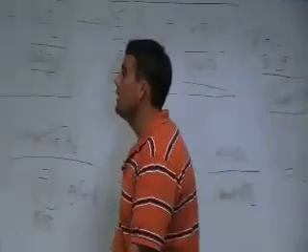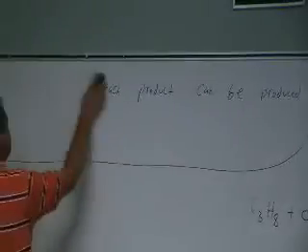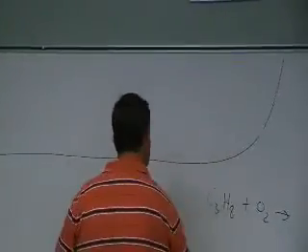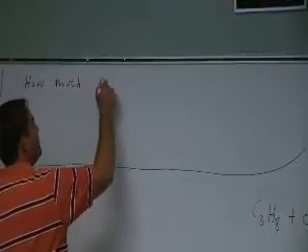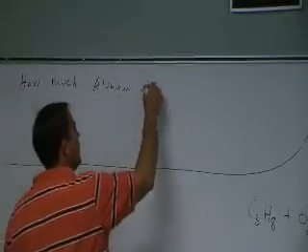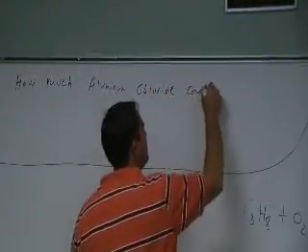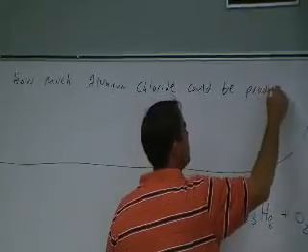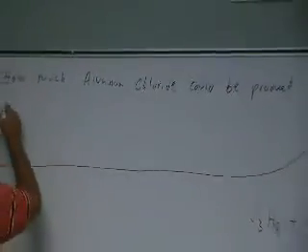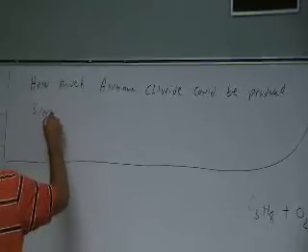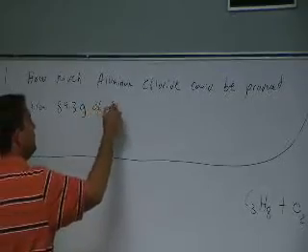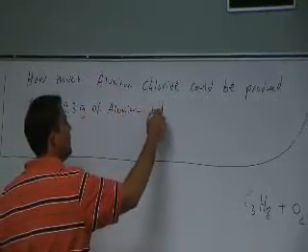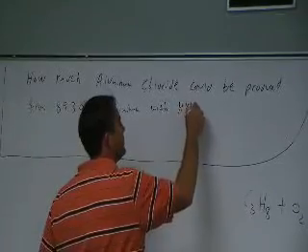All right. Do you guys want to work one? Sure you do. All right. Okay, how much aluminum chloride could be produced from 89.3 grams of aluminum with hydrochloric